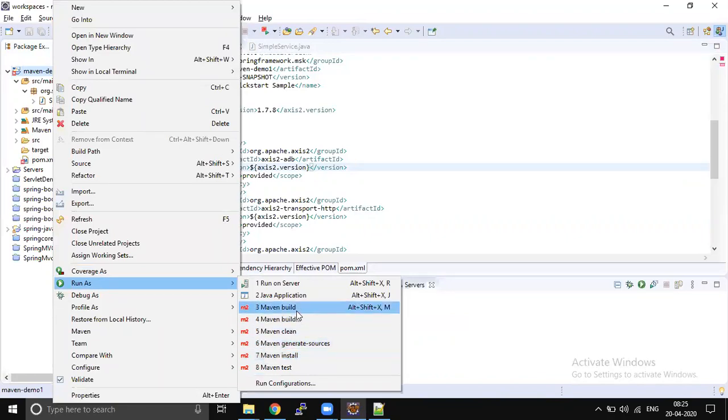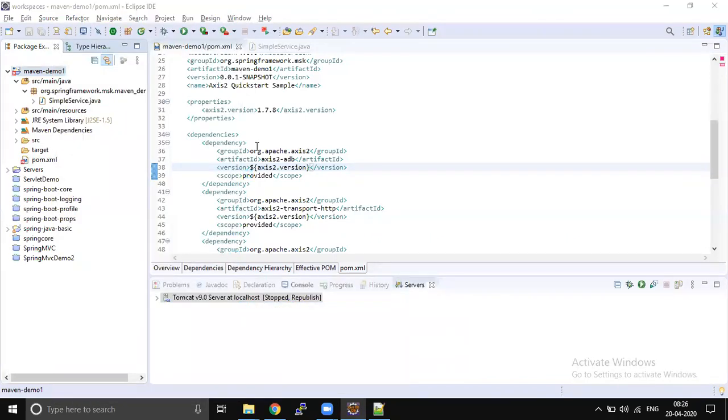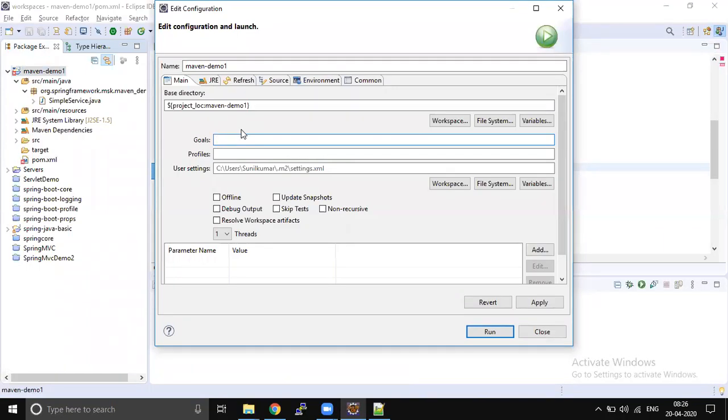So that time you can select option 3 or option 4, both are the same. The only difference is, if you select option 3 and you have already run any Maven lifecycle goal, that will be picked automatically and it will run. It will run an existing lifecycle goal if it is present. If it is not present, it will show a pop-up, something like this. For example, I do clean package.